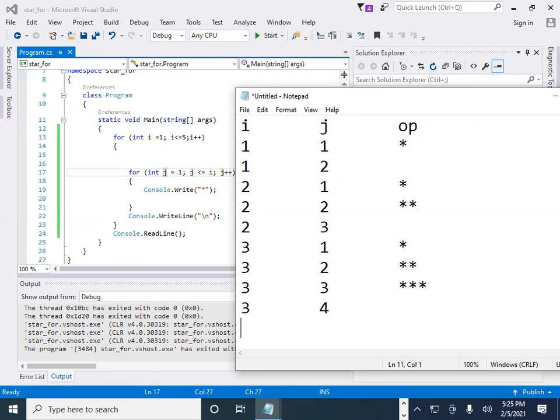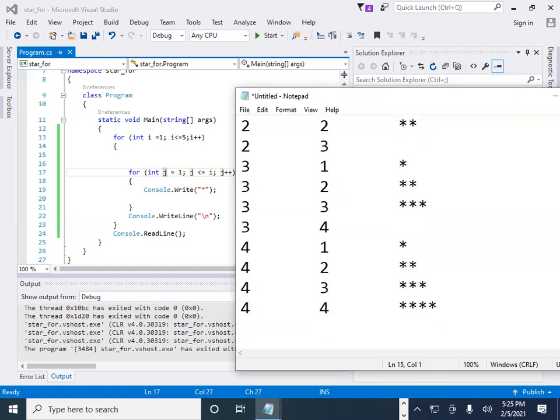Again i's value becomes 4, with j as 1, it will print a single star. Then 4 and 2, it will print 2 stars. Then 4 and 3, it will print 3 stars. 4 and 4, it will print 4 stars.